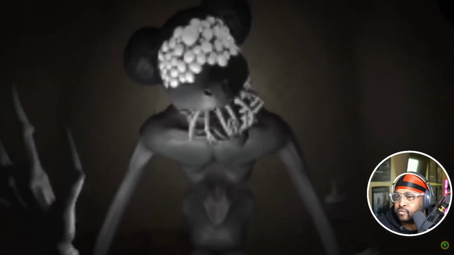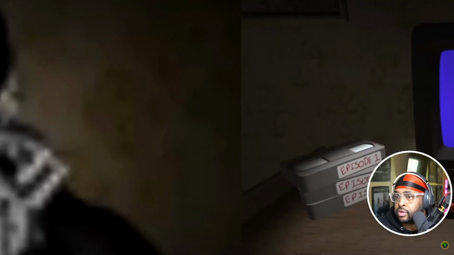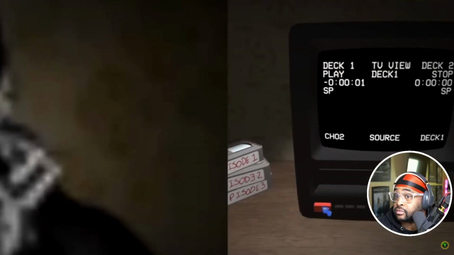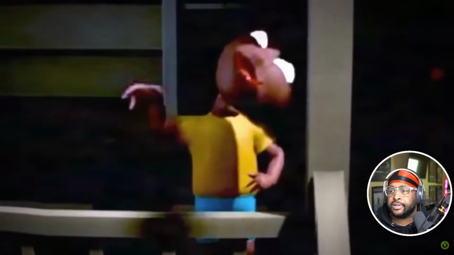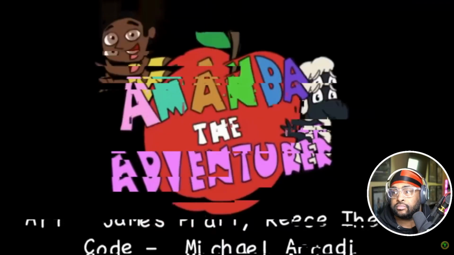Our living room. Look at the wallpaper in the background. Now look at the wallpaper in the room where we've been watching these tapes on TV. It's an exact match. Everybody sound the Afton alarm. Amanda, in true indie horror game fashion, has broken out of her game in order to kill us. And then that's it. Roll credits.